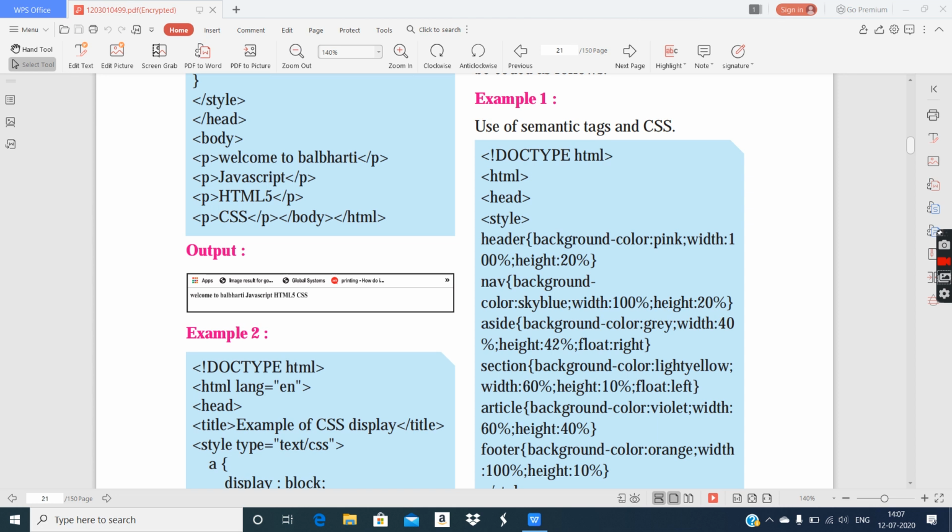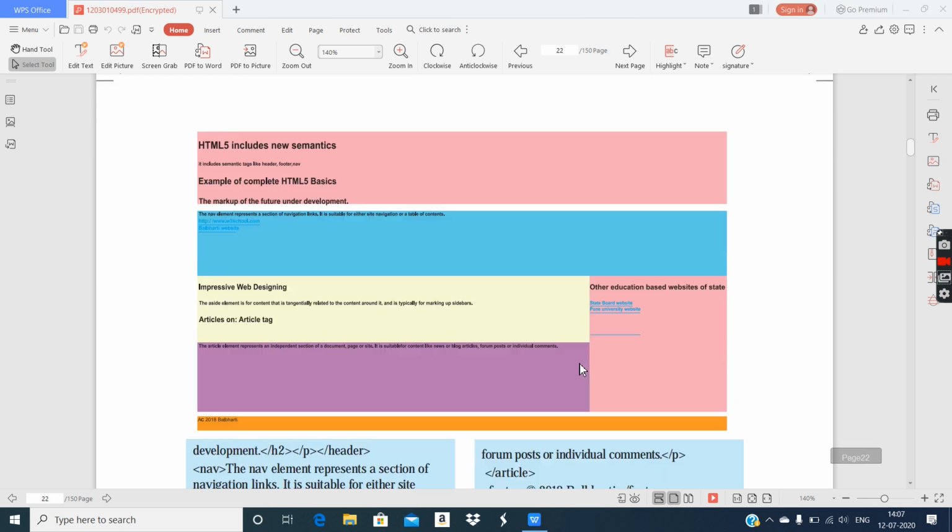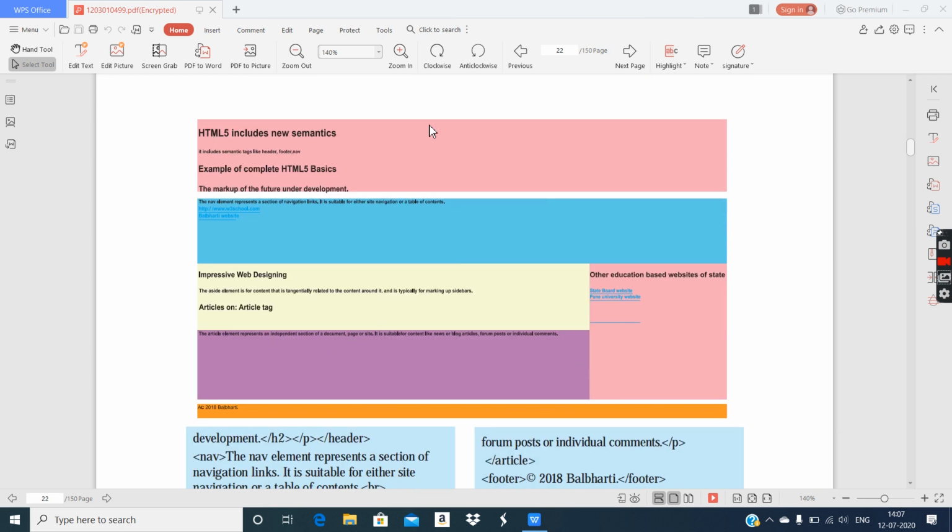So this is a common format in which websites are developed, and they can be easily developed if you use semantic tags, because semantic tags are developed keeping in mind how a website can be provided in different sections, and they are used to create several sections. Now we will see an example. This is the textbook example. Now see this figure. Okay, it has many sections.